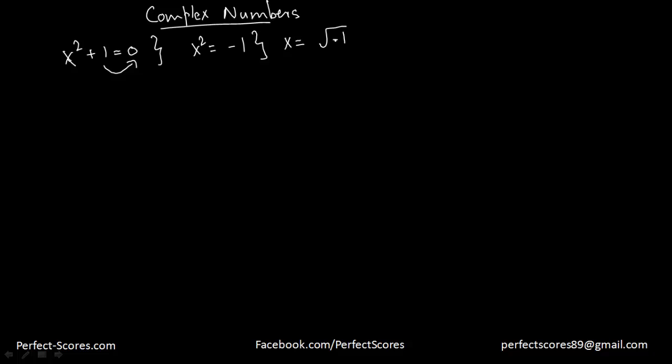Well, this is something very unusual. As you can clearly see here, this -1 is kind of stuck in the root because it cannot come out. The only thing that can come out of a root is a positive number. A negative cannot come out unless it multiplies or divides with another negative number and becomes a positive number. So what is this denoted as? This is denoted by i,